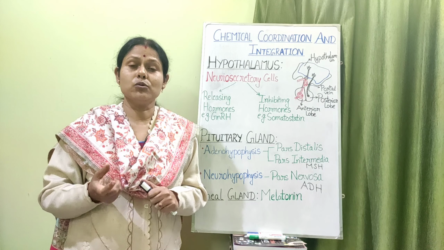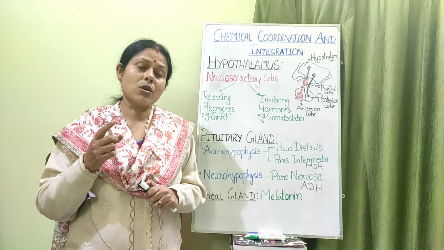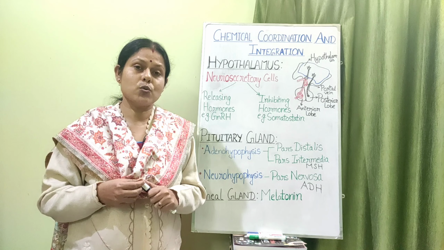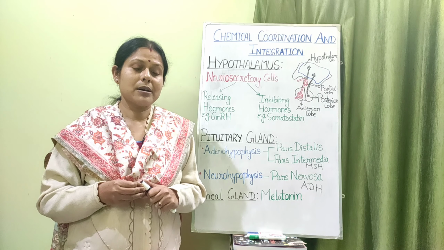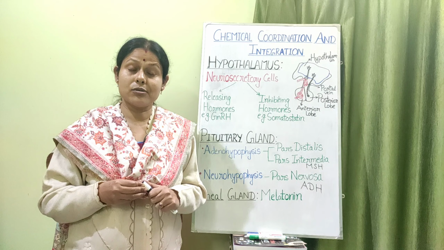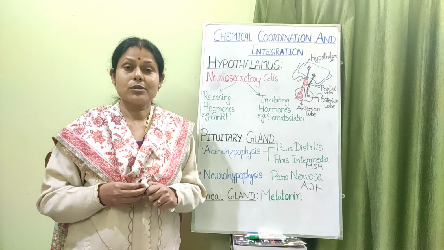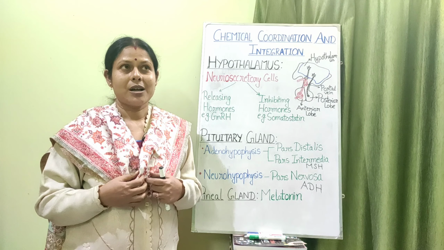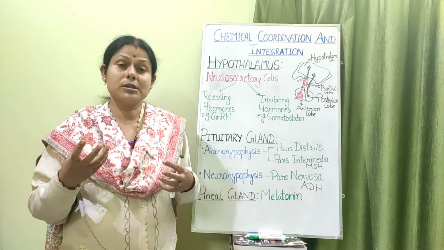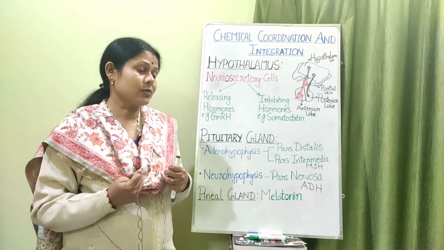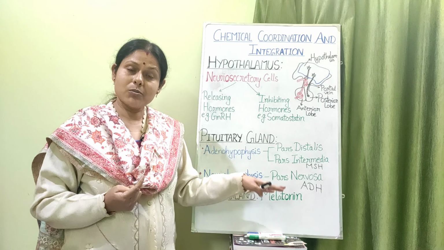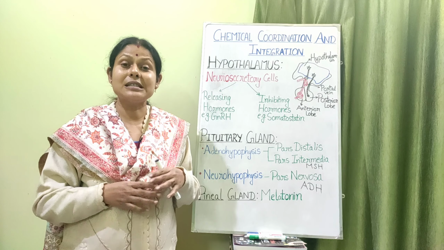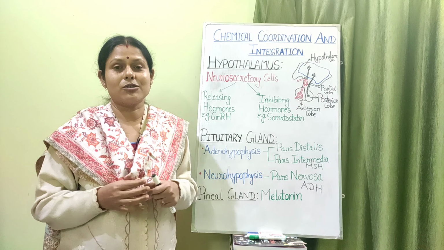Cognitive behavior means our emotions. If that hormone is not secreted in sufficient quantity, that may lead to depression. That might sometimes lead to intelligence problems, recognition problems. So serotonin is also an important hormone secreted by the pineal gland, which is associated with our feelings, emotions. Stress, depression, all those things are tackled by the serotonin hormone, and the melatonin hormone is associated with the circadian rhythm of our body, which is the biological clock.